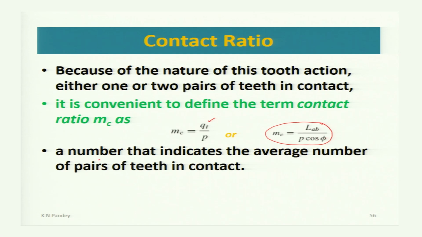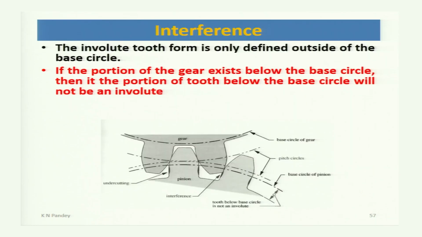This number indicates the average number of pairs of teeth in contact. So, if this number is 1, it means on average one pair of gear teeth is in contact. If it is 1.2, the meaning is that at the start and at the end more than one pair of teeth are in contact. Now, when we were studying the involute tooth profile, we said that